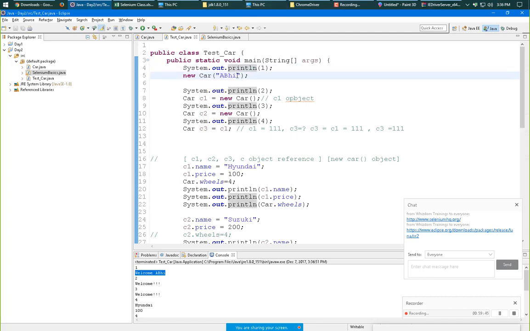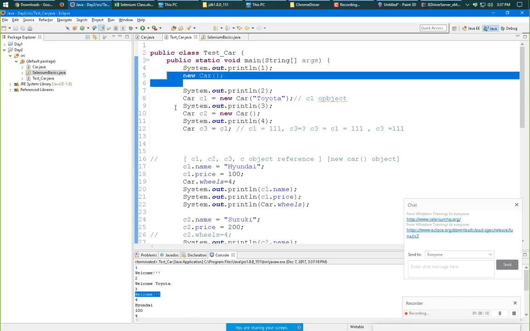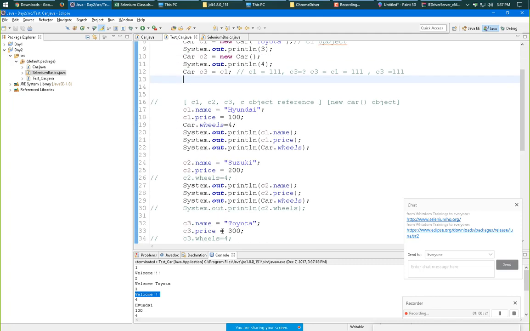I'll just omit it, and in this if I pass car name, Toyota, when I run it in this instance, it is showing me welcome Toyota. In other objects, it showed me welcome only.